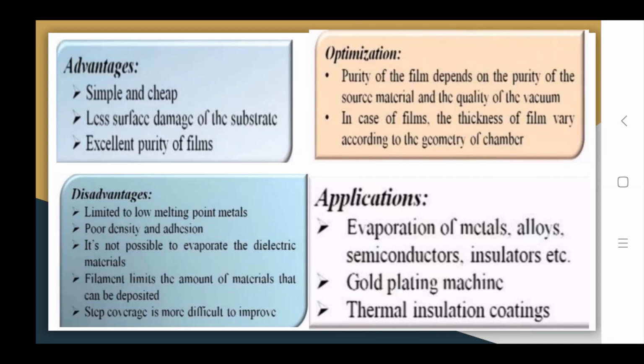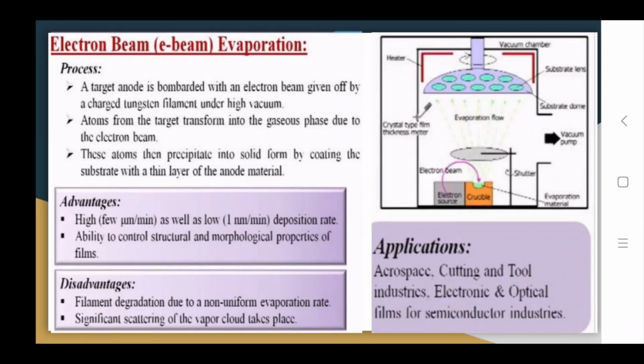Now next, we are going to discuss electron beam evaporation. Okay, so from the name itself we can understand that here we are using electrons, and we are bombarding the electrons onto the source material, or maybe the precursor material, and then the precursor material releases certain kinds of ions, or molecules, or maybe plasma, which is directly deposited onto your base metal, or maybe the substrate.